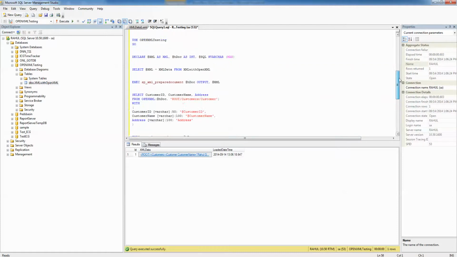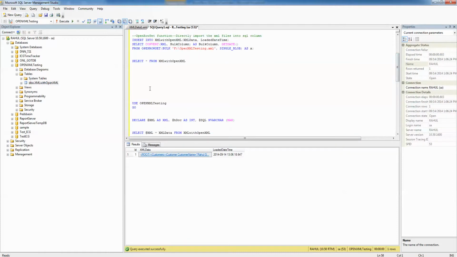Now what will happen is, there are two things. We'll be using the OpenXML function to read out the XML attributes, to parse the XML file.